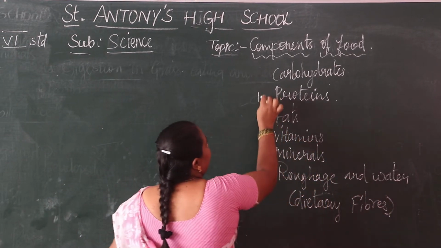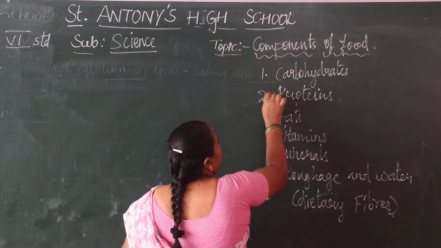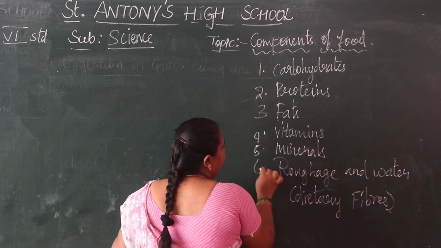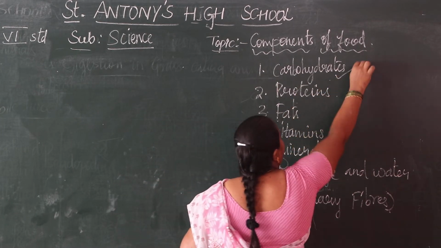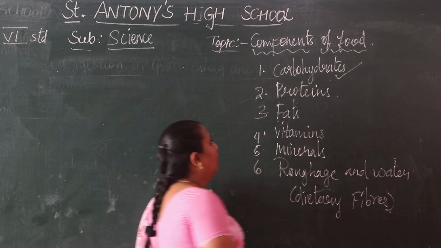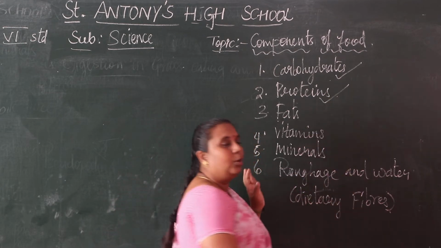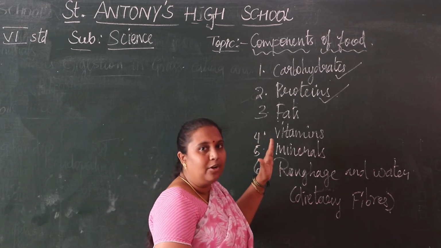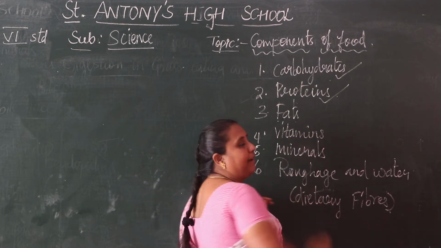In our last class we saw two types of components. Carbohydrates are over, and the test of carbohydrates is also over. Then proteins we also completed in our last class, and the test of proteins is also completed. Now let us see fats.